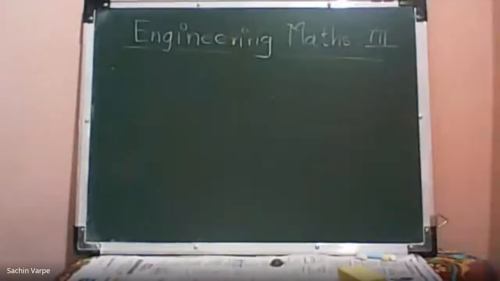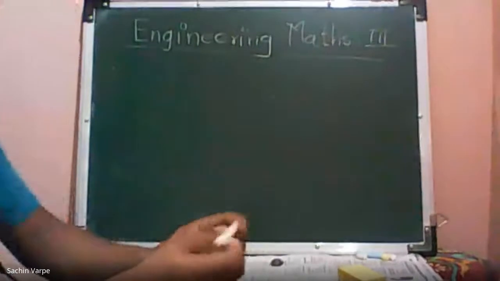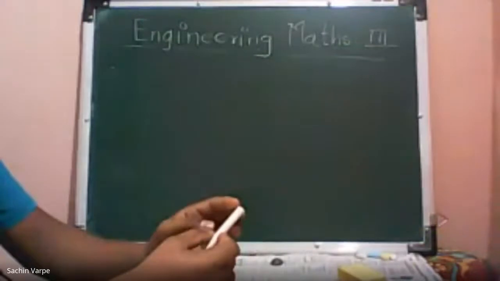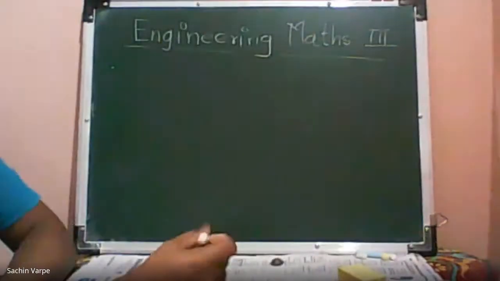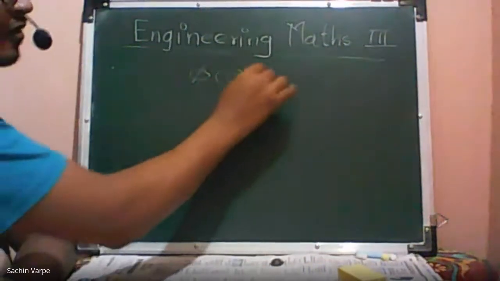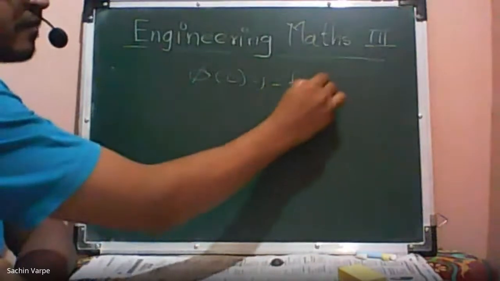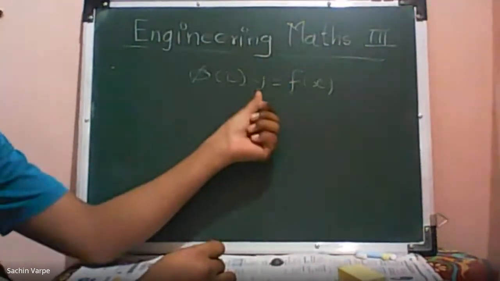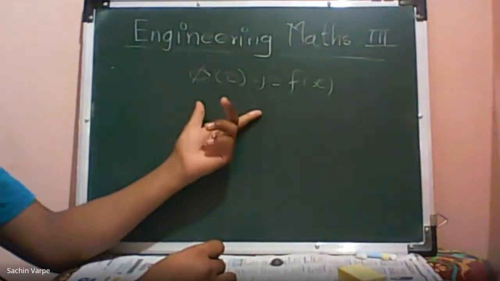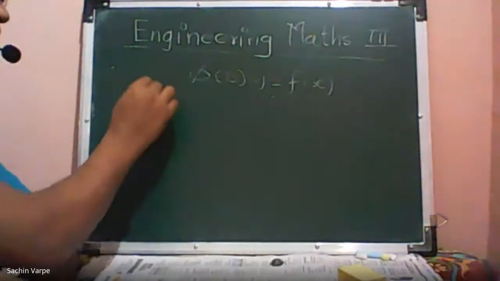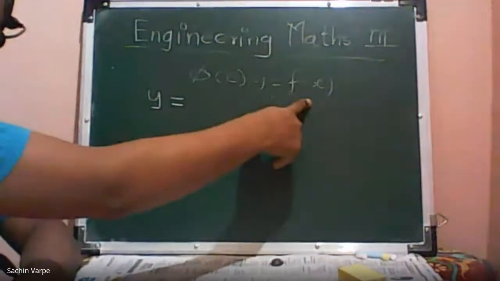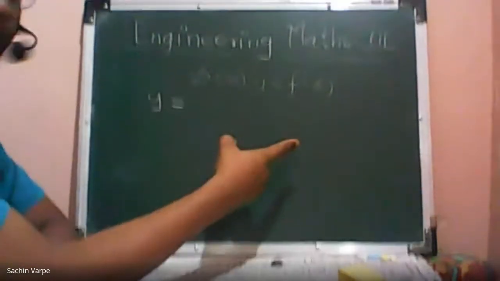Okay, so we are discussing solutions, methods of solutions of linear differential equation with constant coefficient. The standard reduced form of linear differential equation is phi of D into y is equal to function of x. Here y is dependent and x is independent variable, and its solution we call a general solution or complete solution, which is the value of dependent variable involved in the differential equation in terms of independent variable involved. So here independent variable is x and dependent variable is y.